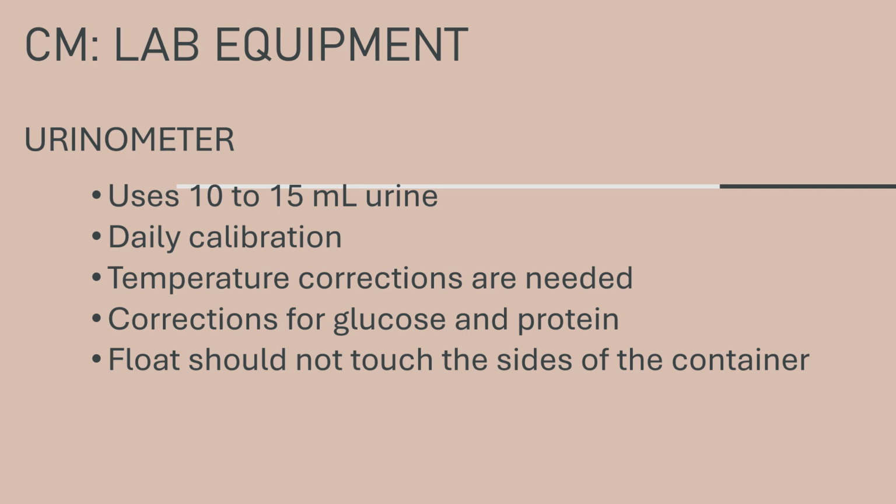There are also corrections needed for glucose and protein. For each gram per dl of protein present, the specific gravity is increased by 0.003, while for each gram of glucose per dl, the specific gravity is increased by